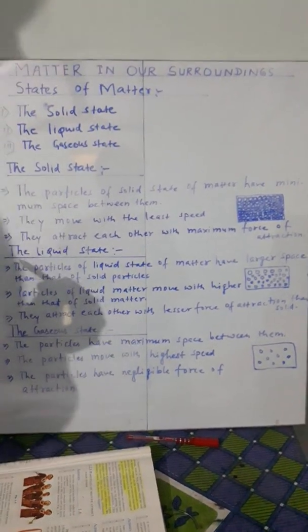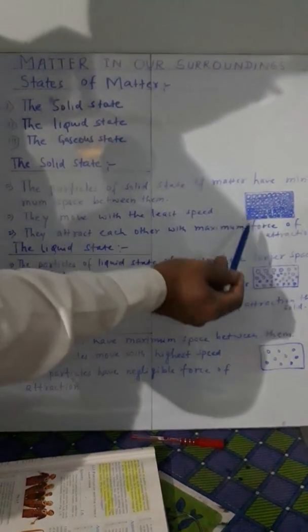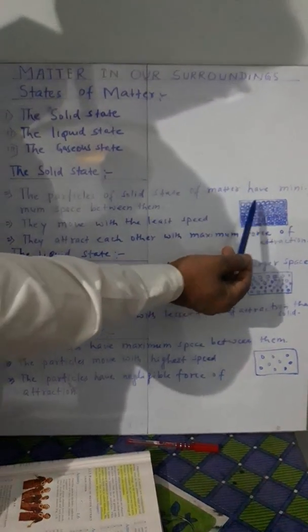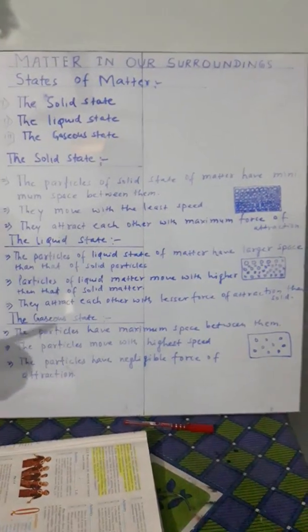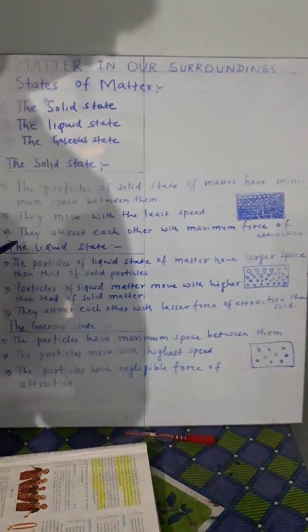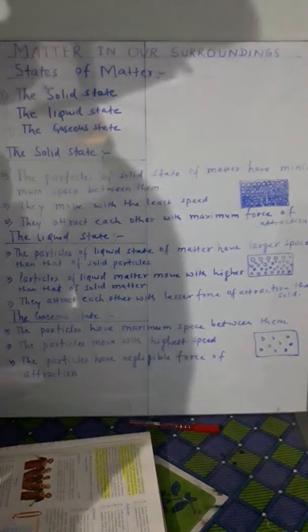So the third point is they attract each other with maximum force of attraction, meaning among the molecules of solid matter, the force of attraction is maximum. These are the 3 properties in the solid state of matter, and that's why